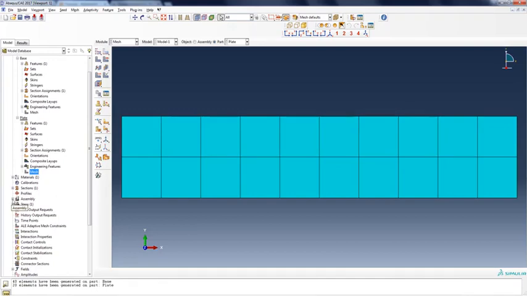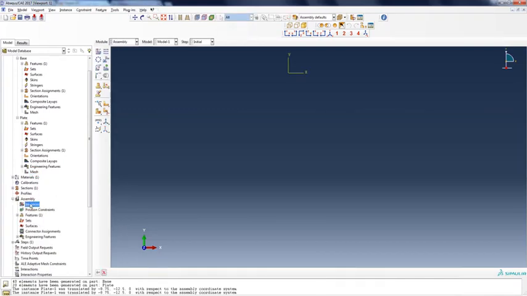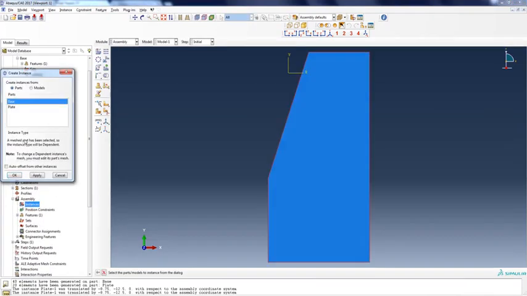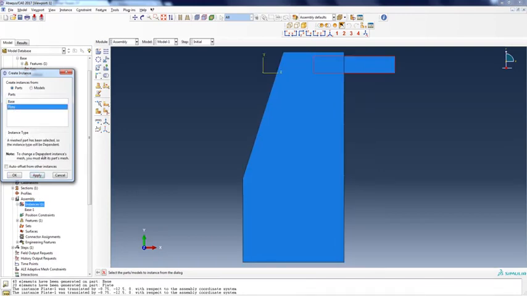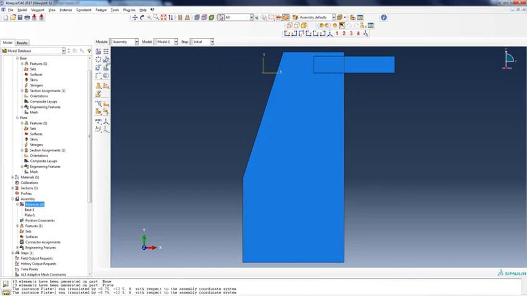Now we need to put the 2 parts under instance, so that we assemble them, plate, and then we need to translate one on top of the other. So there are different ways. We can first translate this on top here.